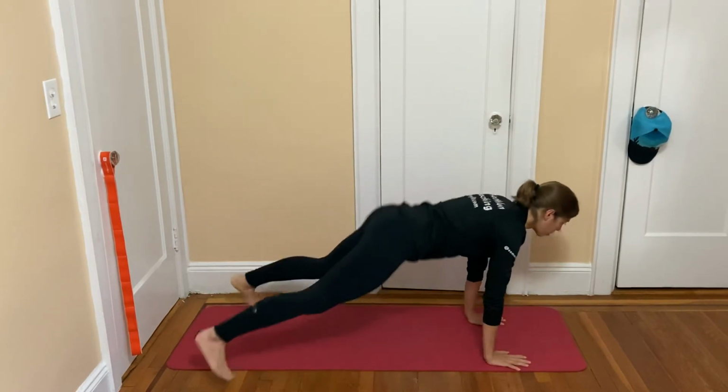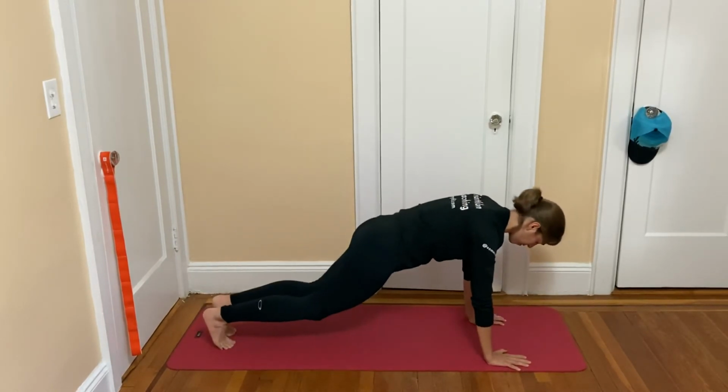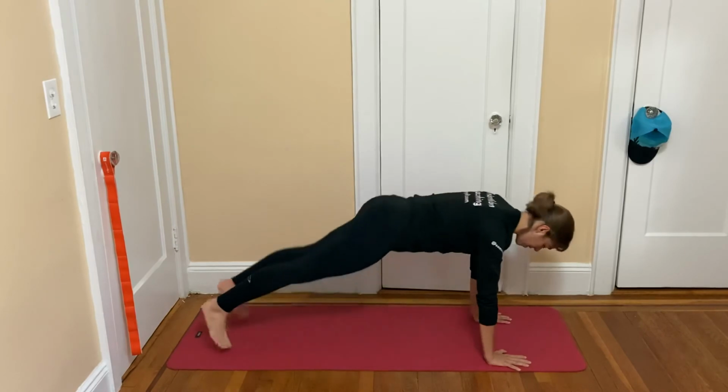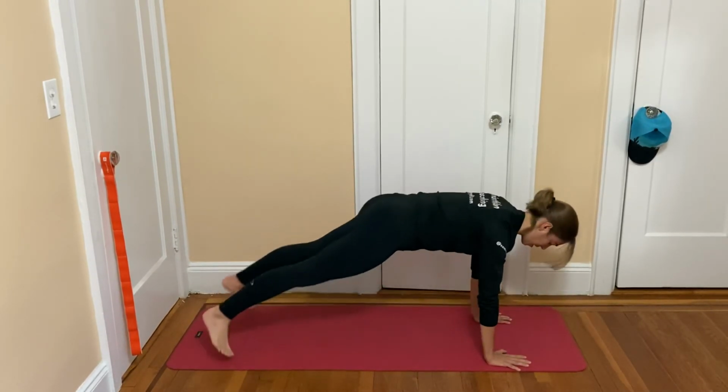So that is basically the only thing I want you to think about when you're doing these jumping jacks. Think about control. Better to be controlled than going fast. There's no point in sort of going like that. I'd rather you take your time, find that position properly, and then if you can, speed it up, but keeping that tilt